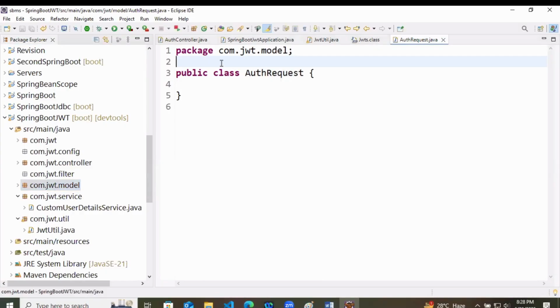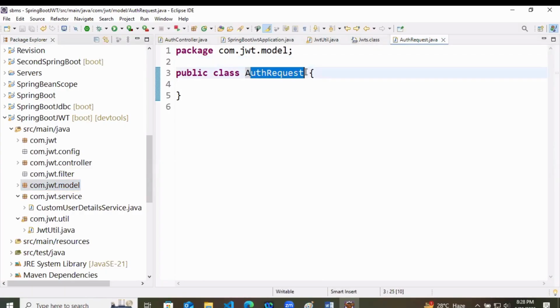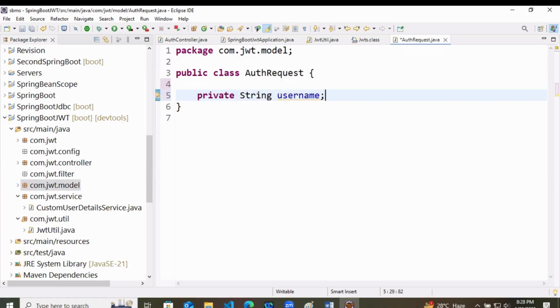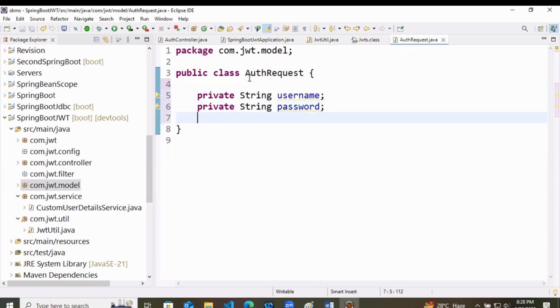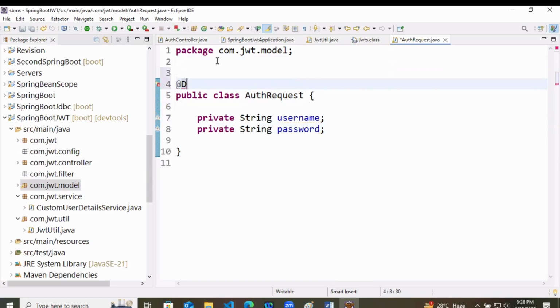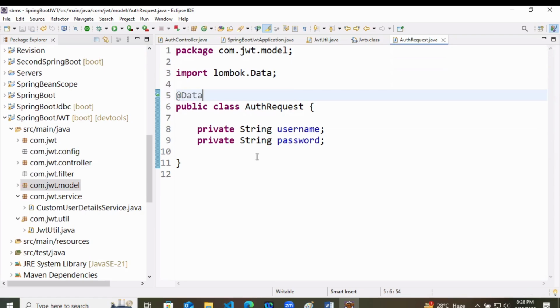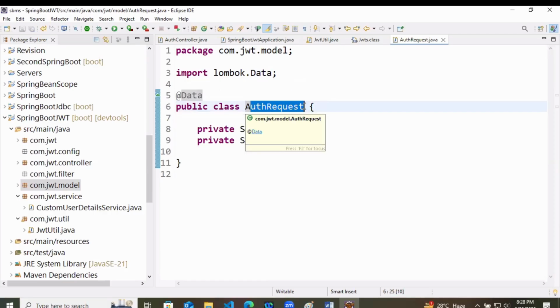So just model. Inside the AuthRequest, I will create two things: private String username and private String password. You can generate their getters and setters, but as we are using Lombok, I'll keep @Data simple. Now, as I am creating a class, the user will send the values inside the class.